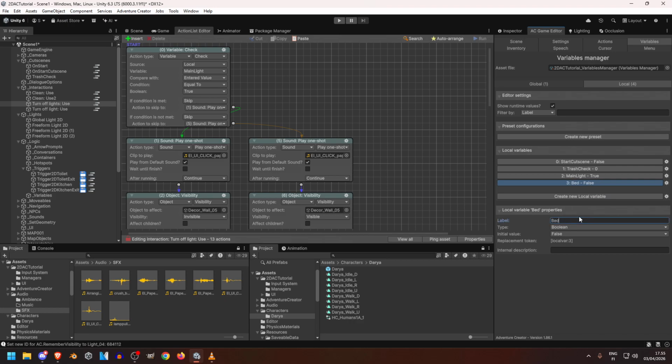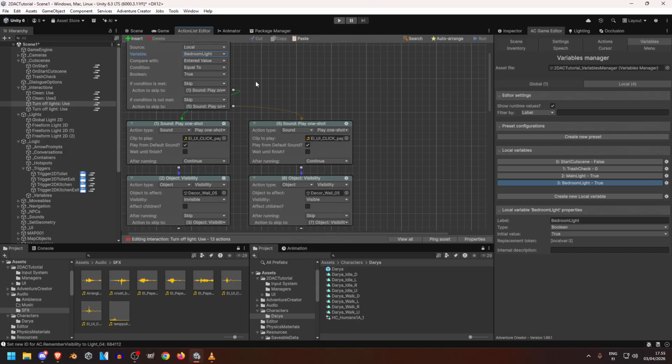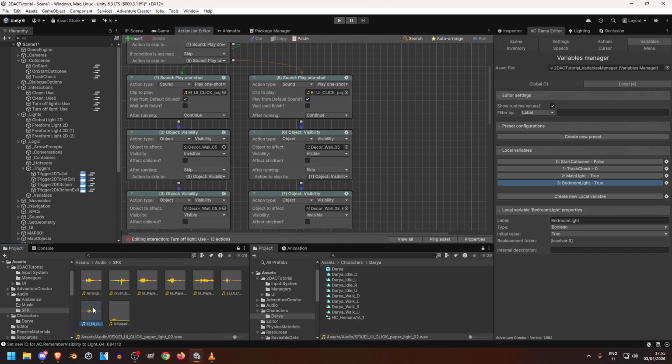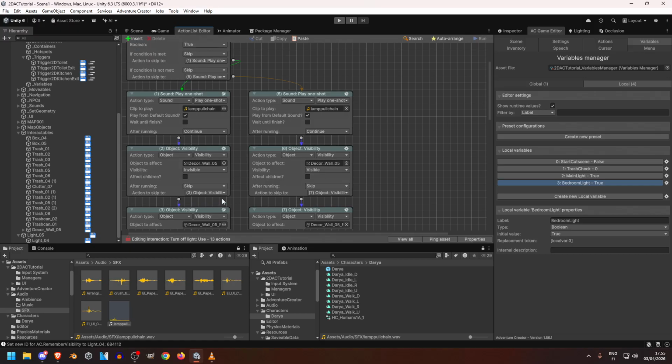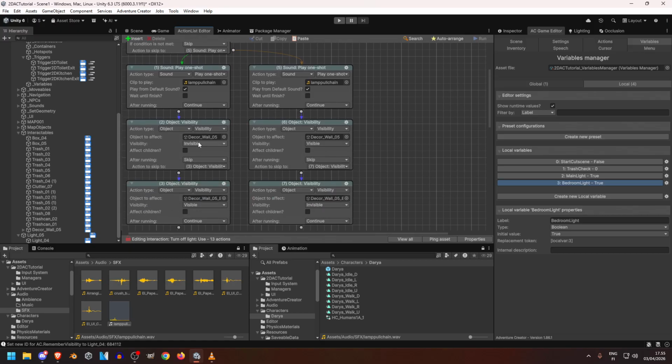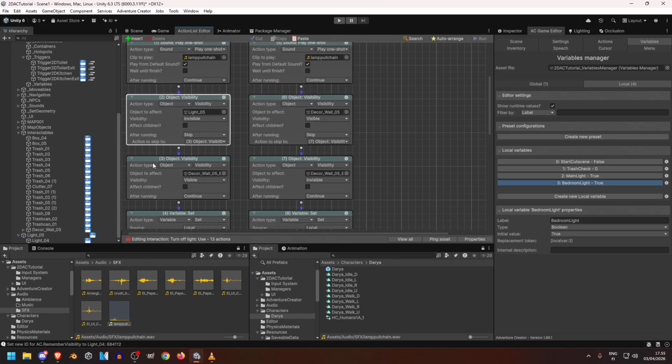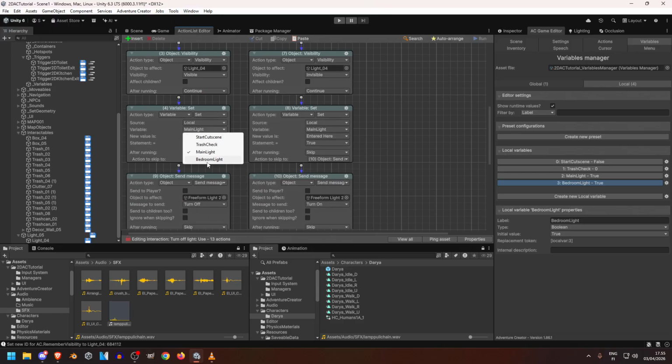So it's bedroom light. And its initial value is also true. So change that to bedroom light. It had its own sound. And then change the light. Hold on, it's true by default. So we are turning this invisible and then this visible. So in here it's the other way around. Like so, and then bedroom light,